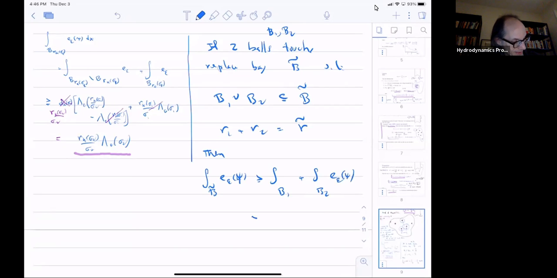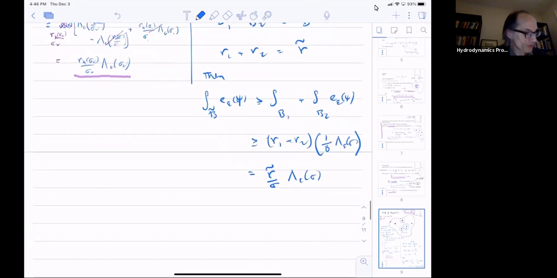And this is bigger than R1 plus R2 times this, which is equal to R tilde over sigma lambda epsilon of sigma. Okay, and so if two balls collide, I just replace them by a larger ball, and my lower energy bound